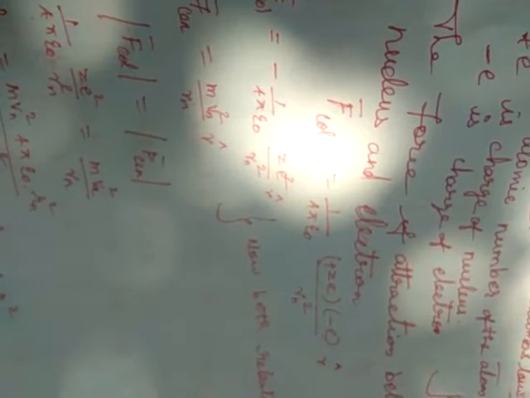We take the nucleus as positive charge because it has protons. Next, minus e is the charge of the electron. The electron revolving around in the orbit has a negative charge. From Coulomb's law, the force of attraction acts between two particles, one is the nucleus and the other is the electron. Now we go to the calculations.